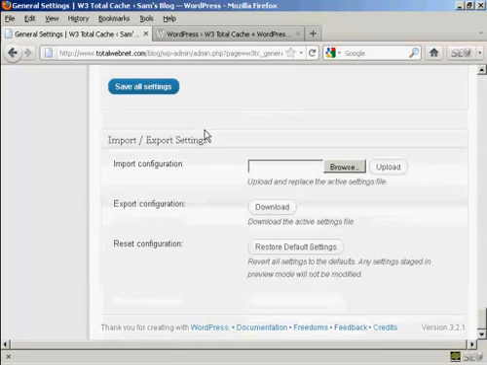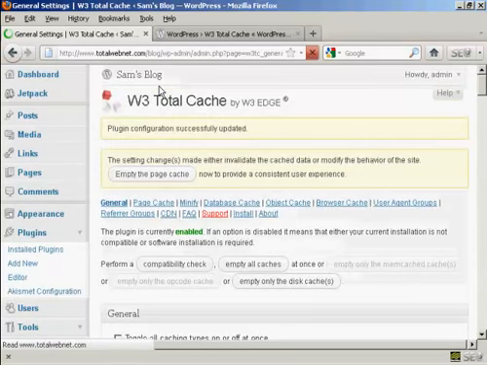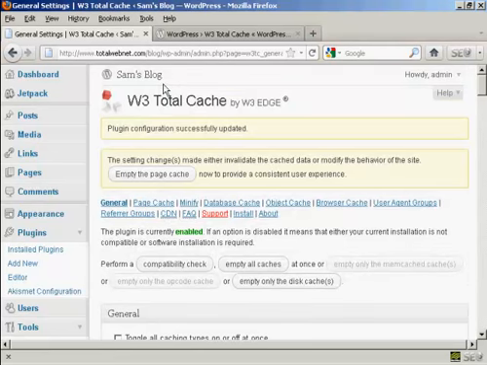And if you have it set up on one blog, what you can do is import and export the configuration so that you can upload it easily onto your next blog, so you don't have to set this up manually every time on every single blog that you have. So I'm going to save all settings, and there we are, that's updated,